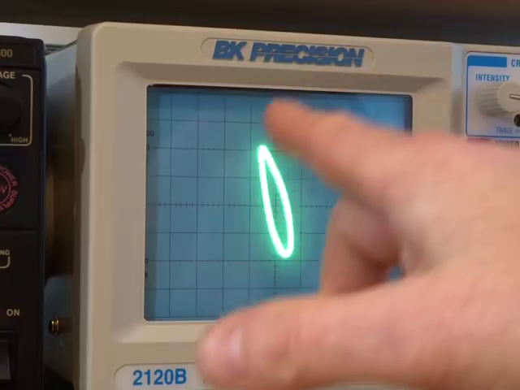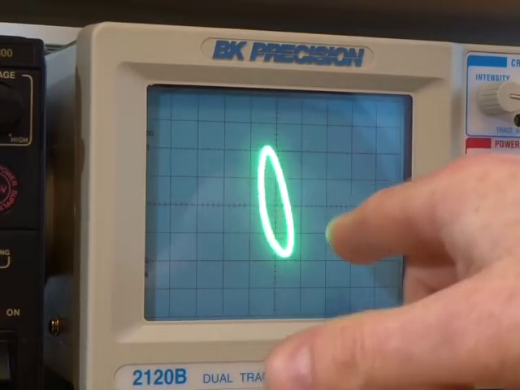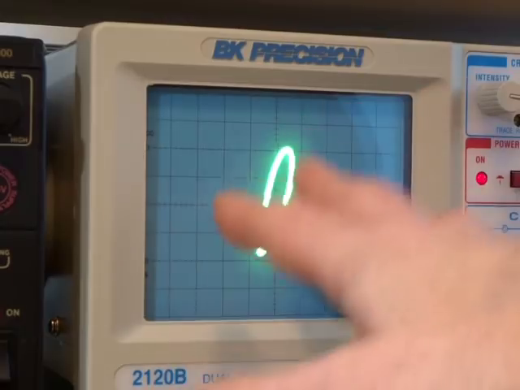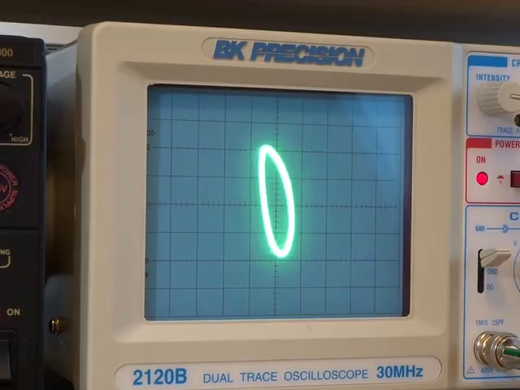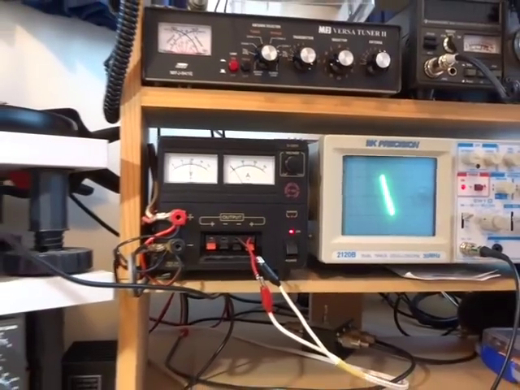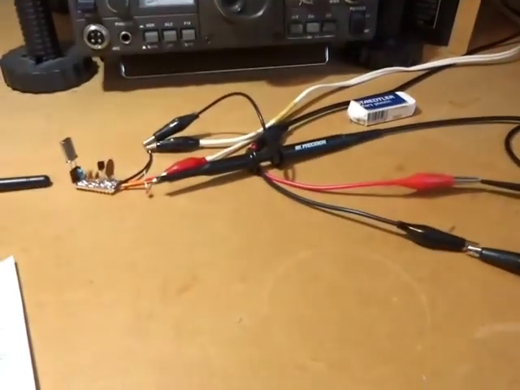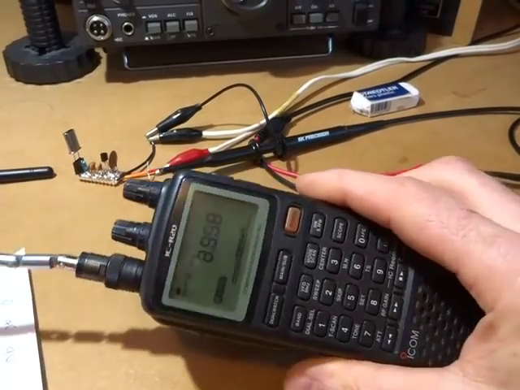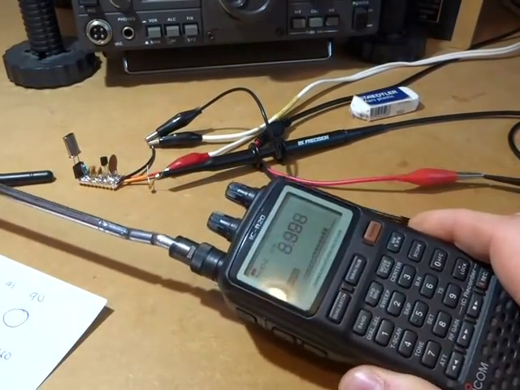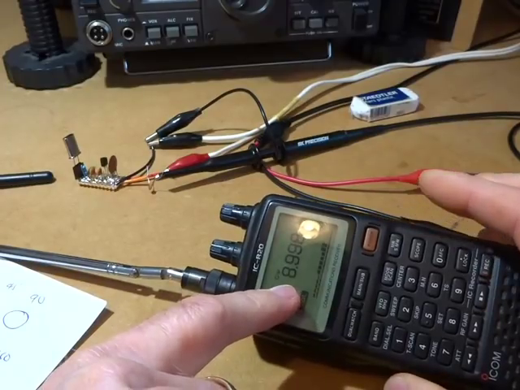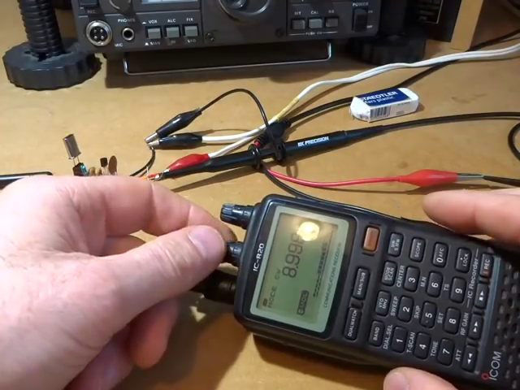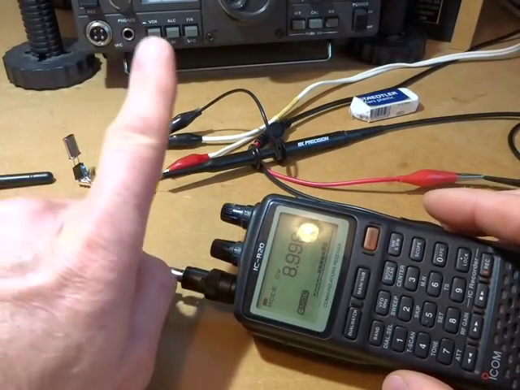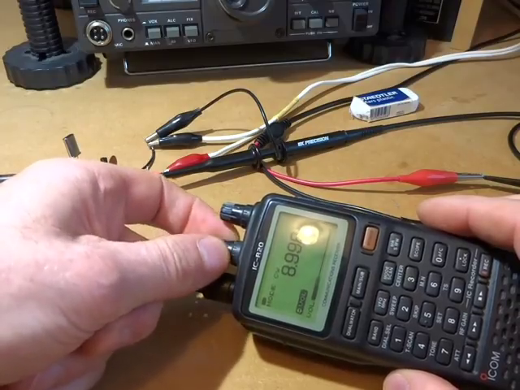And the fact that it's now rolling around and around and around is I don't have phase lock. So the phase difference between those two frequencies is moving in time. Now the other thing of interest, I've just got down here another way you could work out a similar frequency, is to use a general coverage receiver here. So this receiver is currently tuned to 8998. So I'm getting roughly a 1 kilohertz tone difference between what's coming out of our oscillator and our SIGGEN. So if I was to turn that volume up,